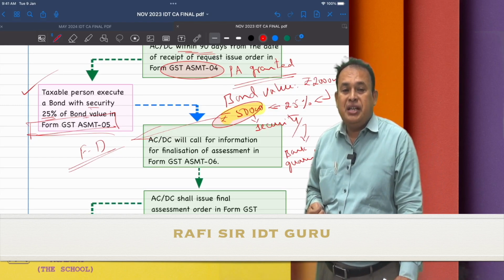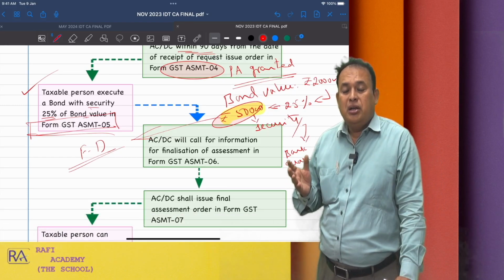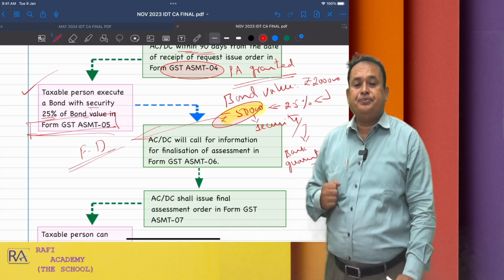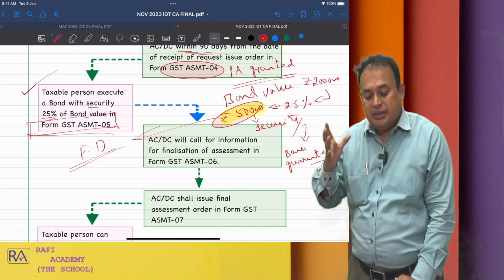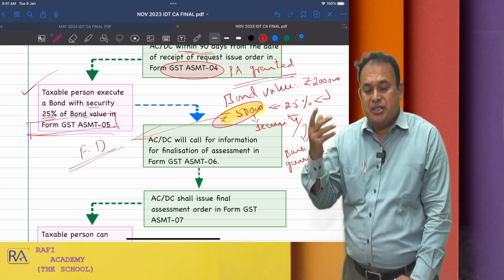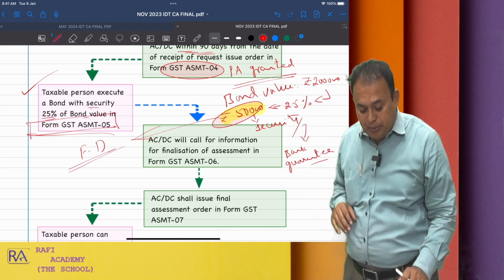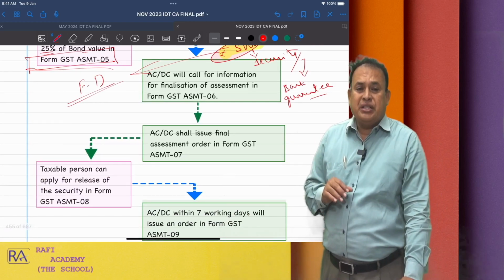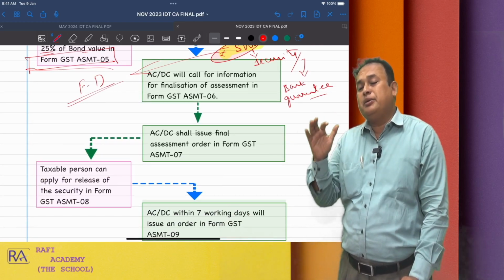Form GST ASMT 05, bond with 25% of the bond value as a security. You submit it. Now PA has been granted. The bond has been submitted with the security. Further, my dear friends, the department officer, AC or DC, will ask you,